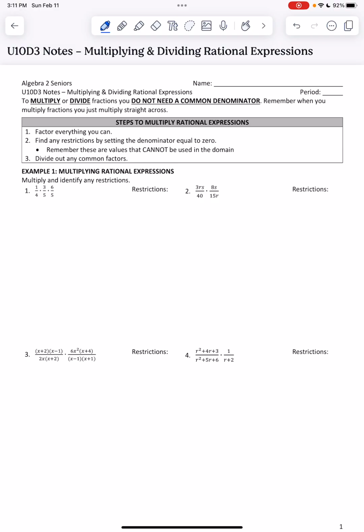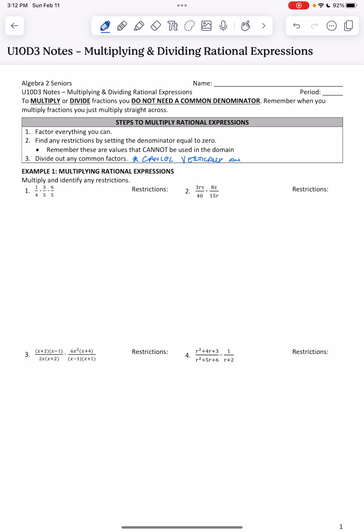All right? So just like we did when we simplified last time, steps to do this: we're going to factor everything we can. We're going to find restrictions by setting that denominator, saying it can't equal 0, and then divide out any common factors. Okay? So when we work with multiplication, we can cancel or divide things out. We can go vertically